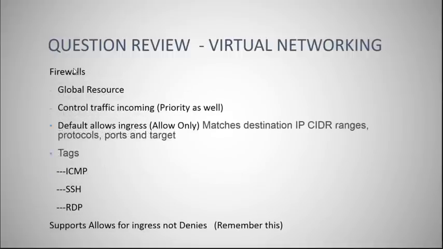So firewalls, that's a global resource. So ingress and egress, one of the things that you want to understand is that you could have many firewall rules and assign priority as well. So you can see a priority. Now, the default allows ingress only. Typically, when you set up a firewall, it's very common for that firewall to deny all and not to allow everything. Now, the Google Cloud